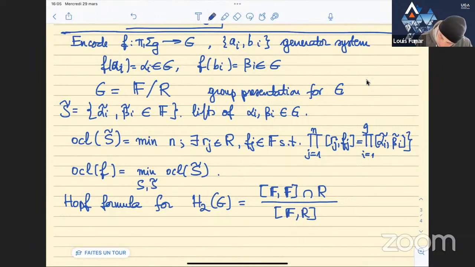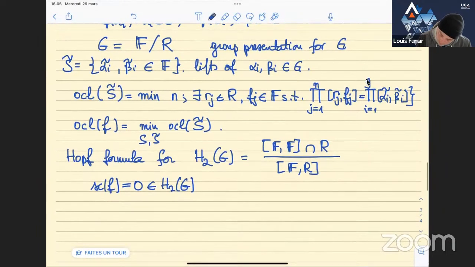So what I am actually claiming is that because the Schur class of F vanishes here, that means that if we represent the Schur class as an element of this form in H2 of G, then it belongs actually to